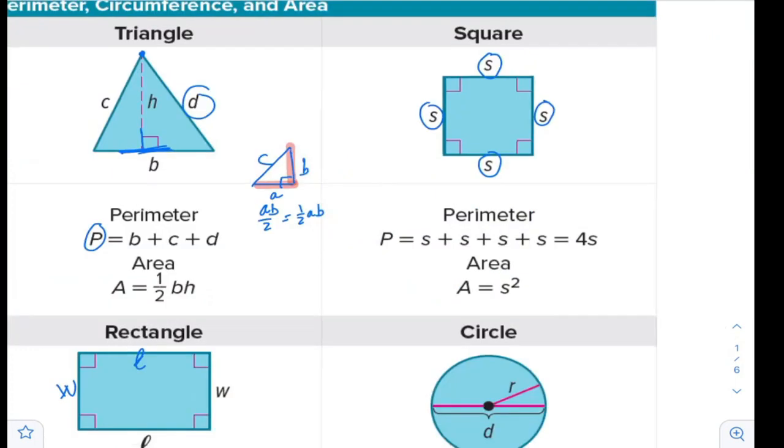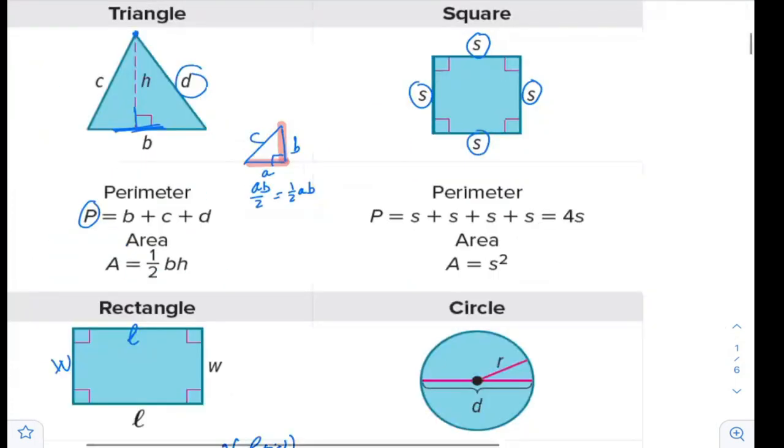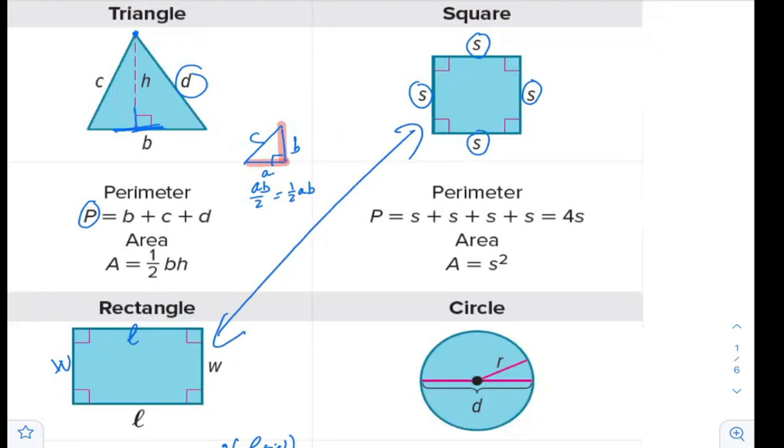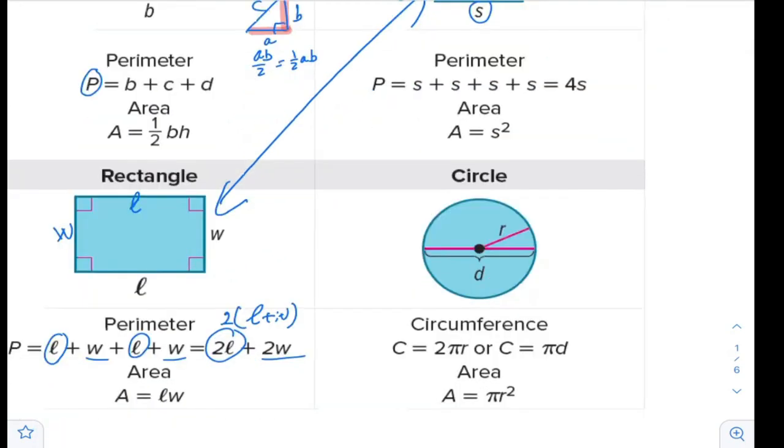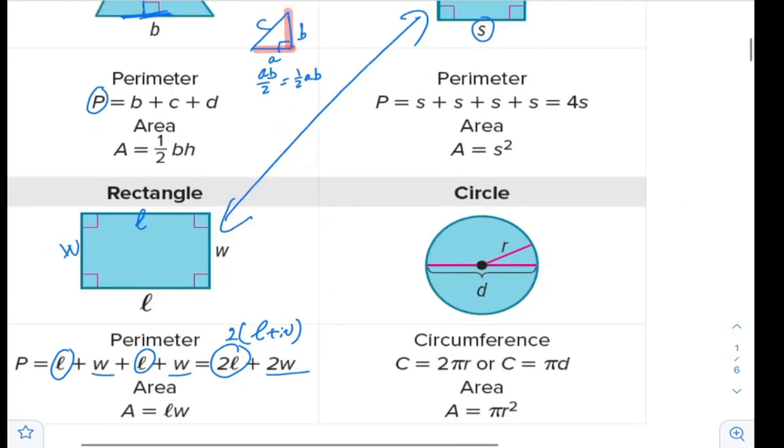أو العكس مش مهم. The area of the rectangle and the area of the square are related. The square is a special case of the rectangle. The area مساحة المستطيل طول في العرض, length by width. And as you see here, the triangle is half a rectangle. المثلث نص rectangle, نص المستطيل. That's why it's half base times height.